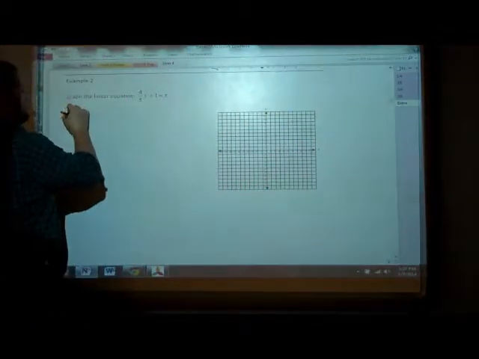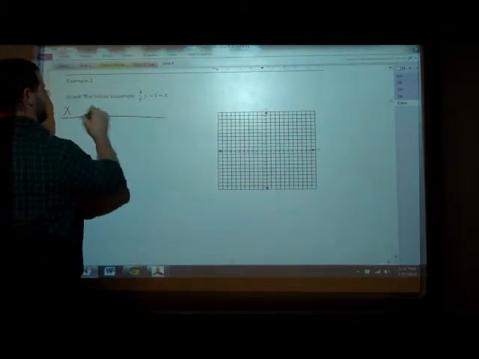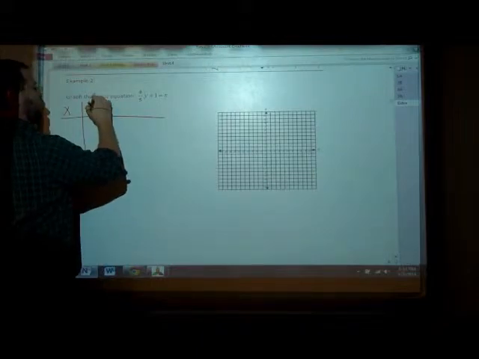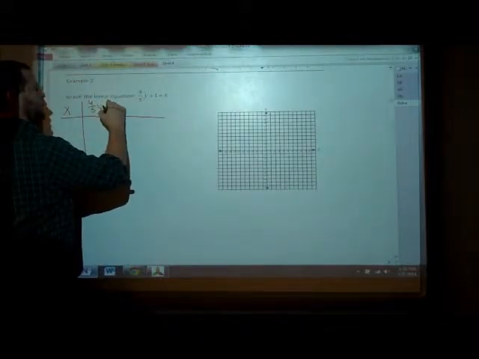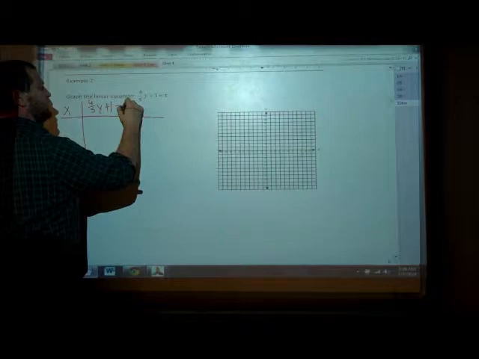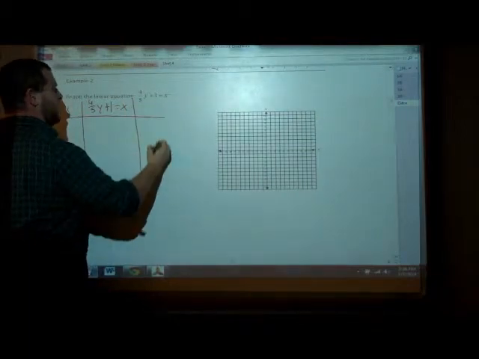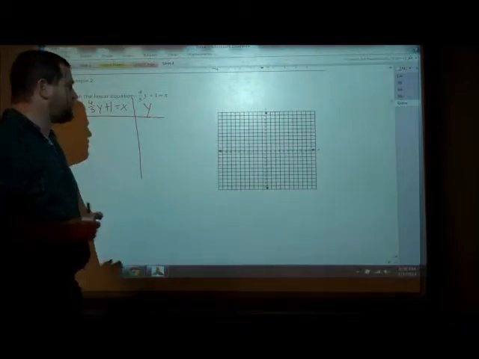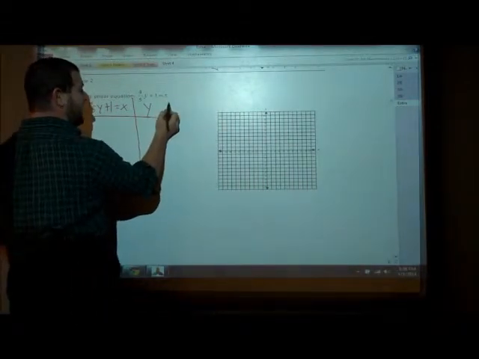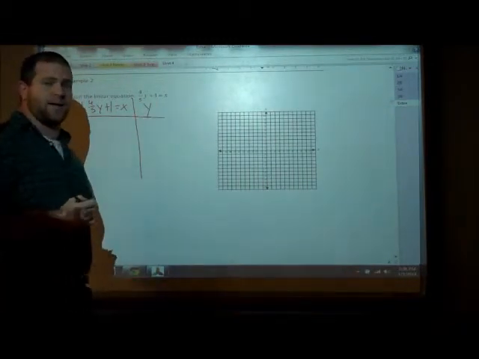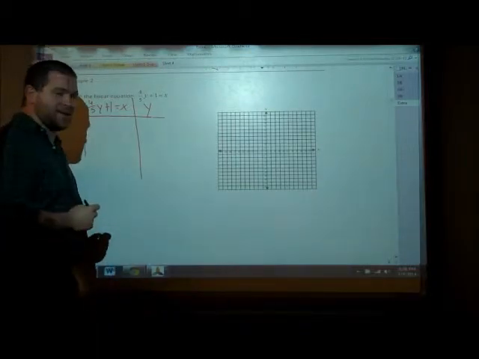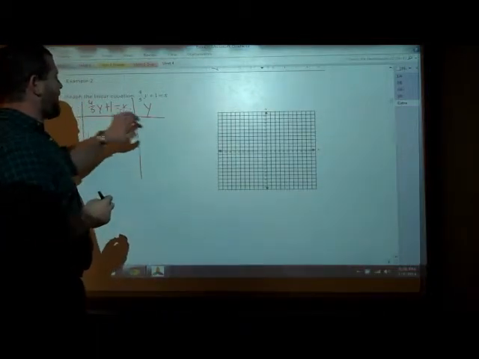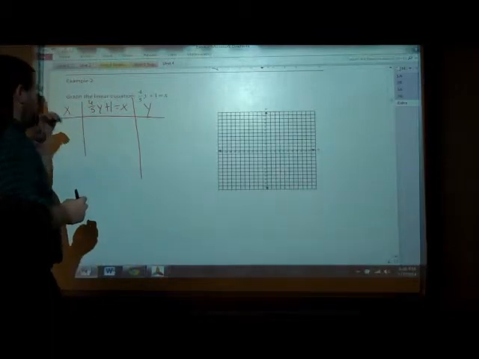So I'm going to say, here's my x's. And then I go 4/5 y plus 1 equals x. And then I'm going to come over here, I'm going to put my y's. Once again, look at which term is more complicated. Over here I've got just x, and over here I've got 4/5 y. That's definitely more complicated. So how could I pick values for y that are going to make my life a